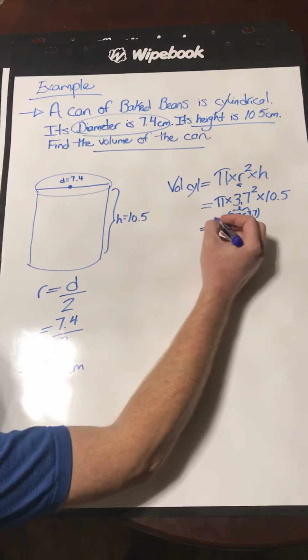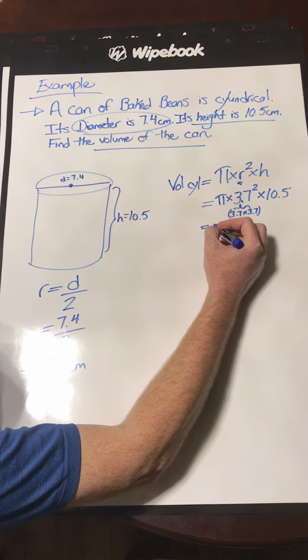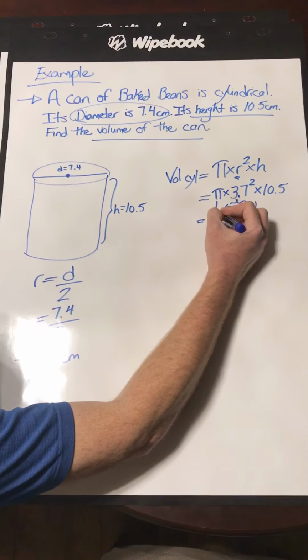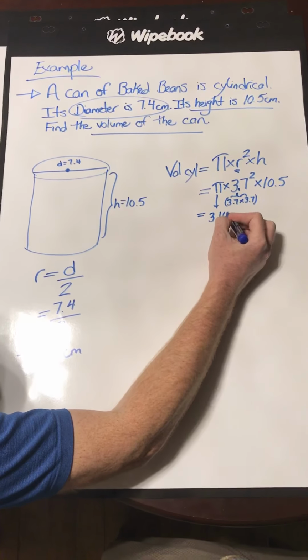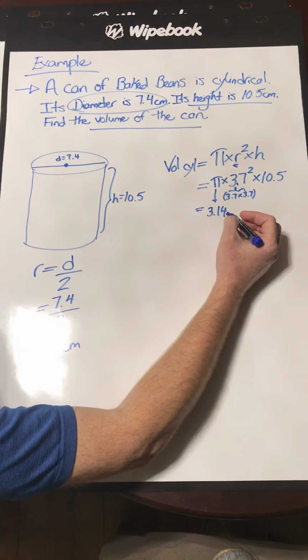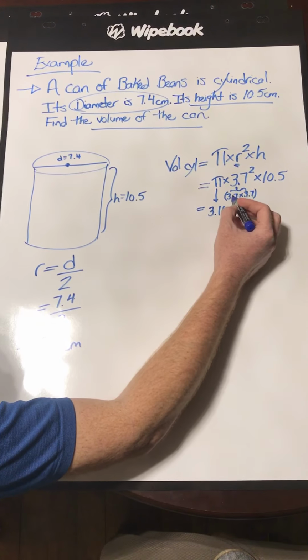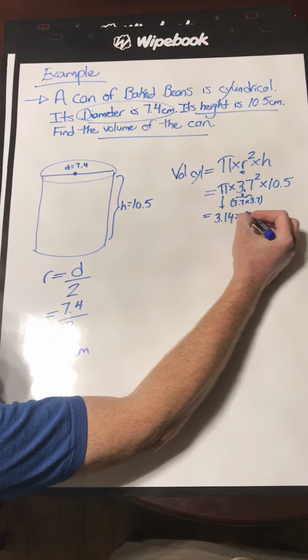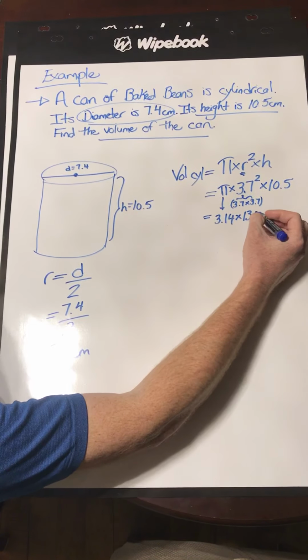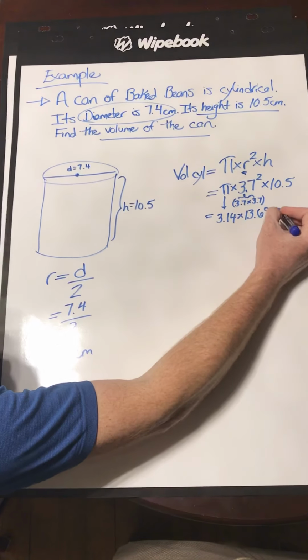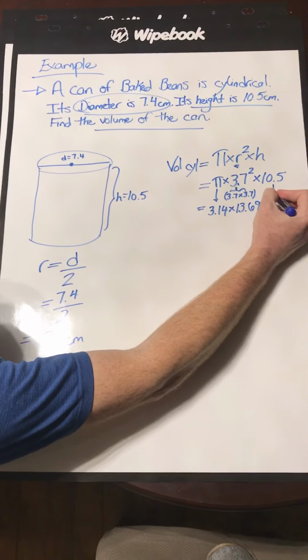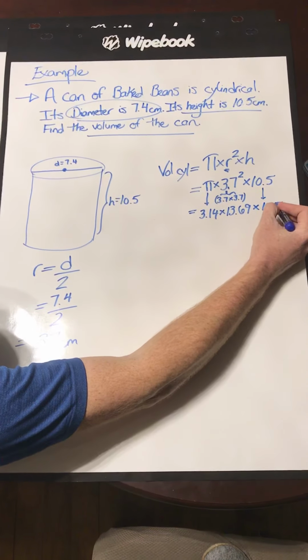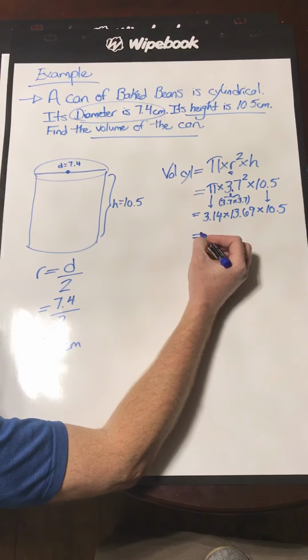Okay, and I'm going to just change this pi to 3.14, and I've done 3.7 times 3.7, that is equal to 13.69, and I times it by the 10.5, and I get